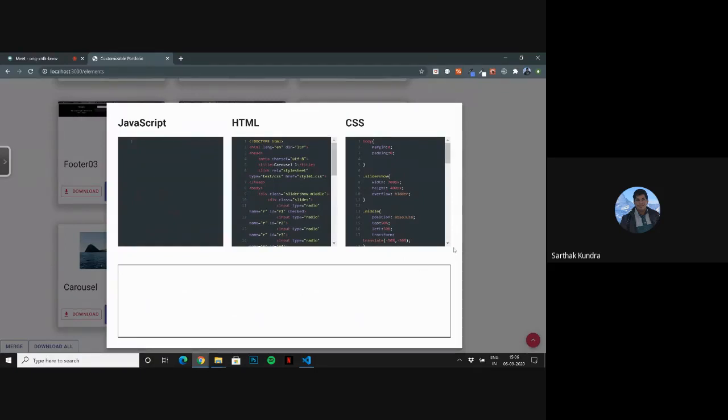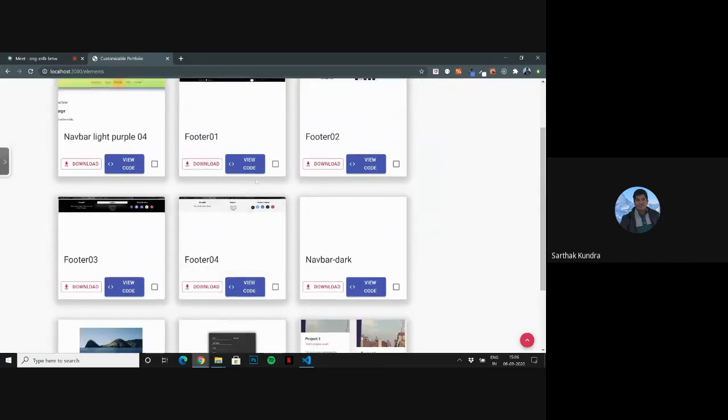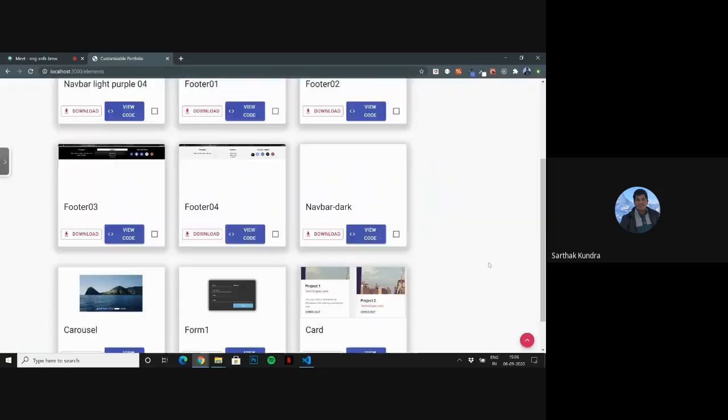And I don't know why it's not loading. Okay, let's try something else. Let's try maybe a navbar. I think my net is a little laggy, that's why it's happening. But you can play around with the element and see how it will look on your website.